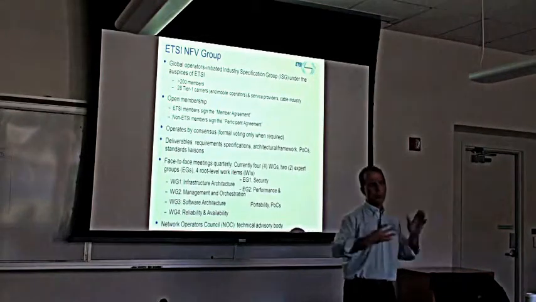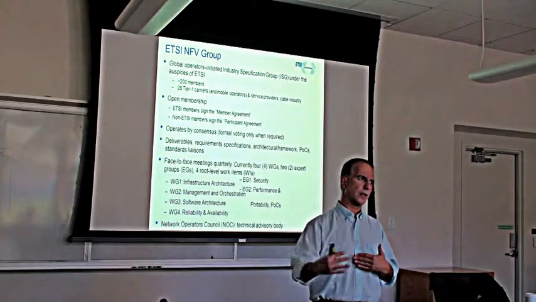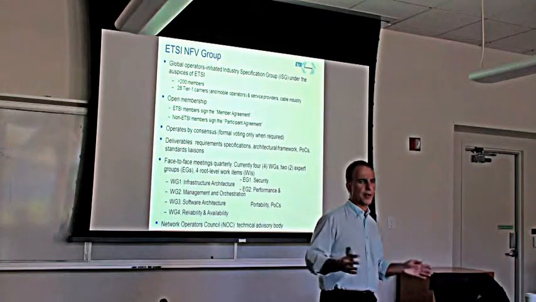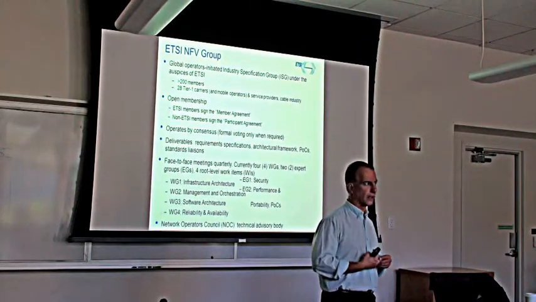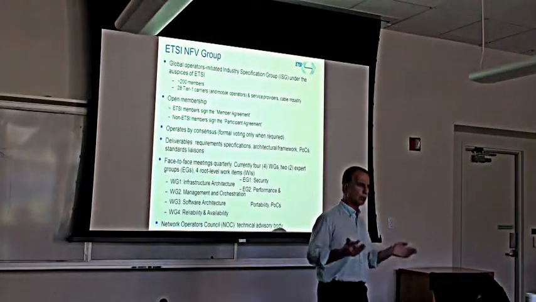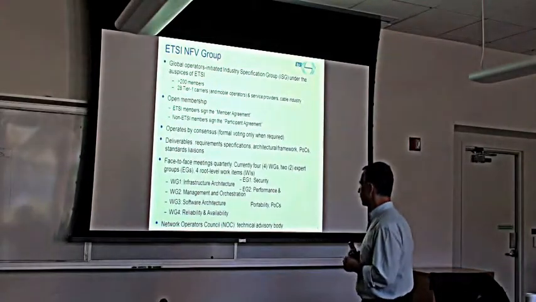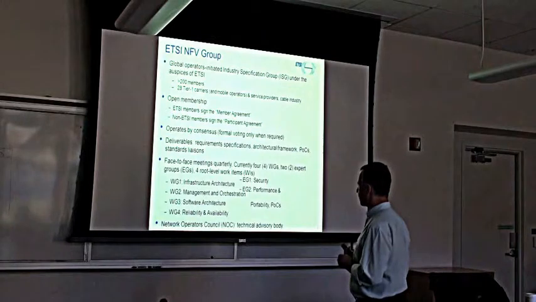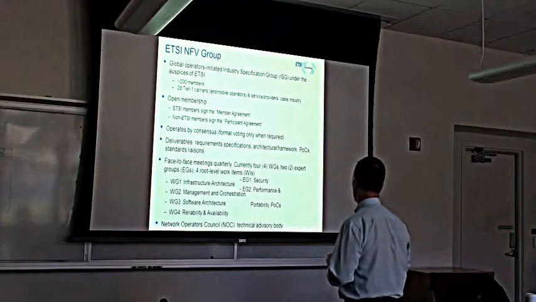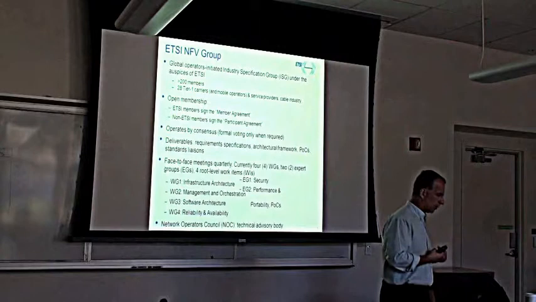So we operate as a standards body. The only thing is that we don't produce standards. The objective for the ETSI NFV is to produce the specifications. We have a lifespan of 2 years, and we're going to expire in January of 2015. So we have 4 working groups that try to cover most of the areas that we think are of interest. From the infrastructure to the software architecture to the management and orchestration, which is a very important area, as we'll talk about later on. We also have reliability and availability, and a couple of expert groups on security and